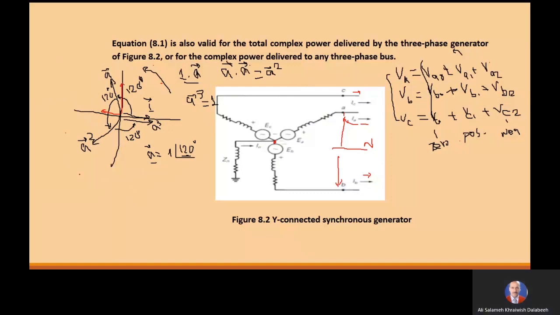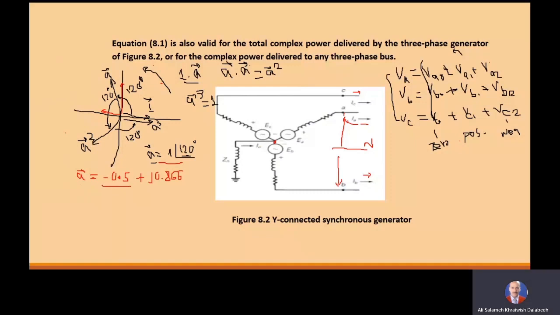So we can write A in the rectangular form, as you see, is equal to minus 0.5 plus j 0.866. So we have this formula of writing A, and we have this formula of writing